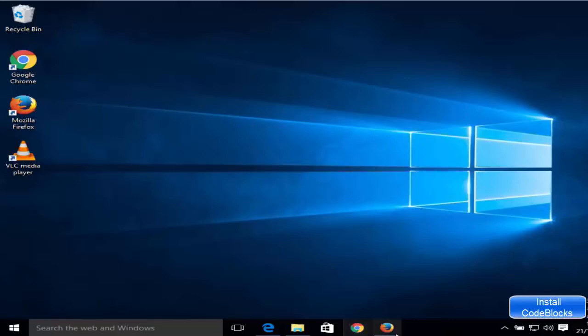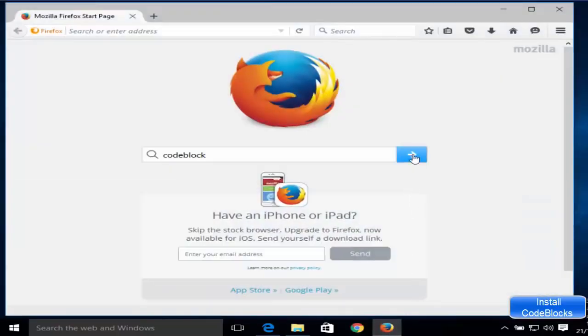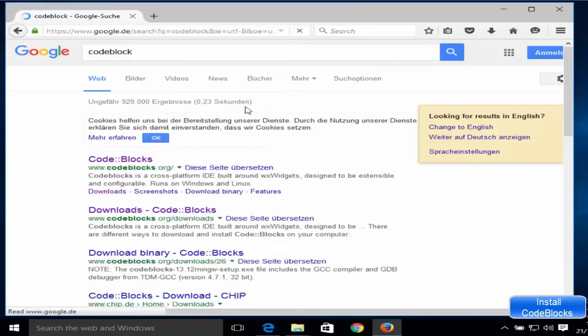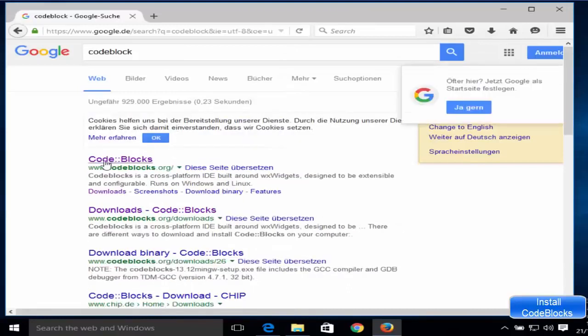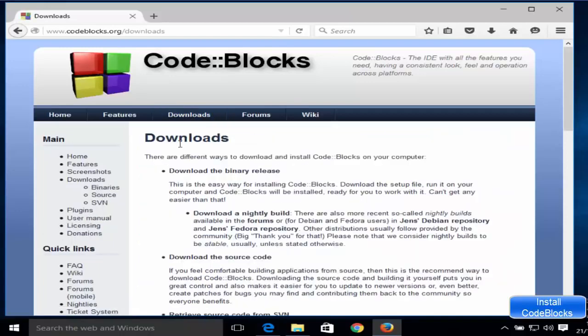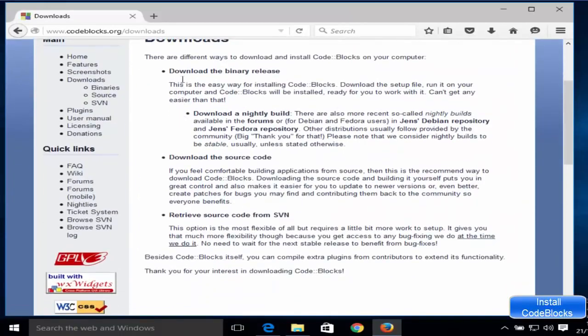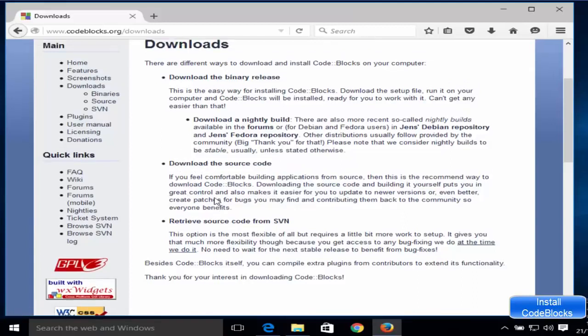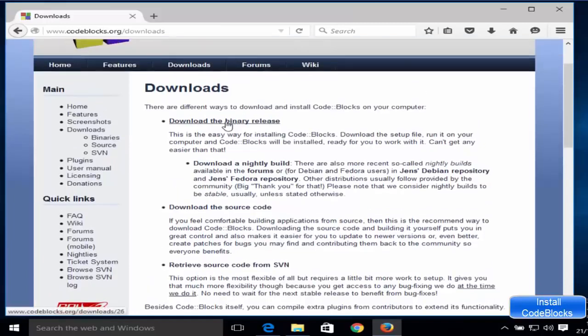So first of all, open your favorite browser and search for the CodeBlocks keyword here. And the first link which will appear will be from codeblocks.org. So just click this link and then click downloads here. And then you have three options: download the binary release, or download the source code, or retrieve source code from Subversion. So you need to click this first option,